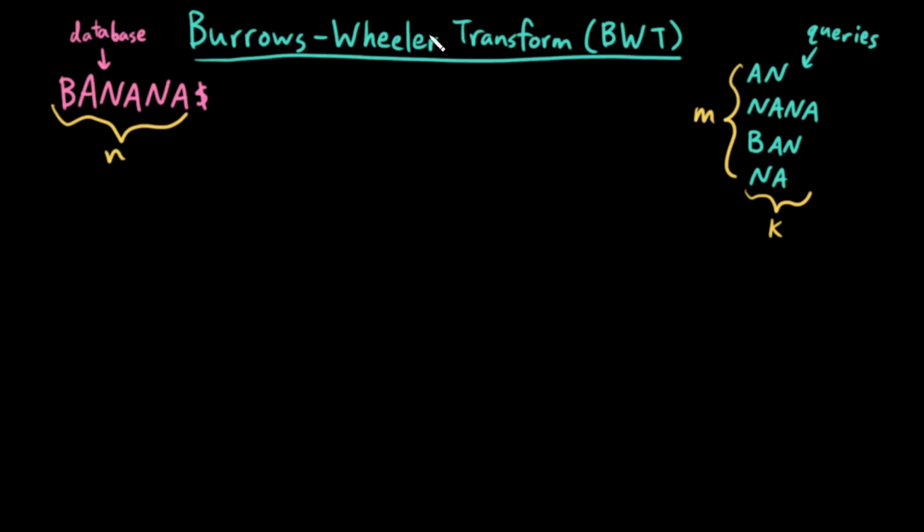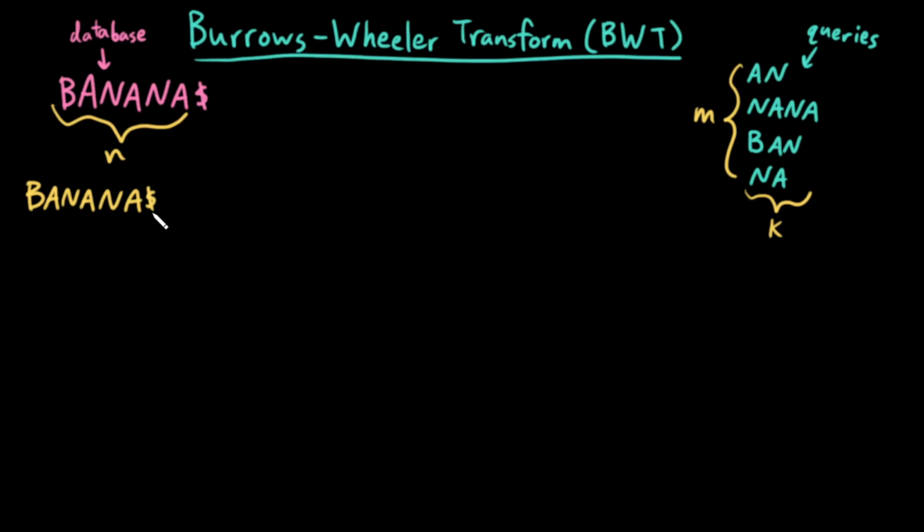So what exactly is the Burrows-Wheeler Transform? I take my database sequence with an added null termination character. Basically, whatever my alphabet is for my database sequence, I add one character to the end that's not in that alphabet, and that will be my null terminator. So here, that's the $ sign. And then what I do is first create all rotations of this sequence with the null terminator. So all of those rotations would be